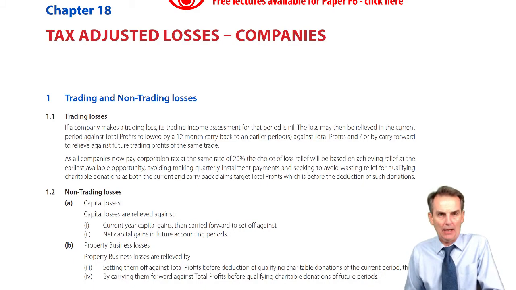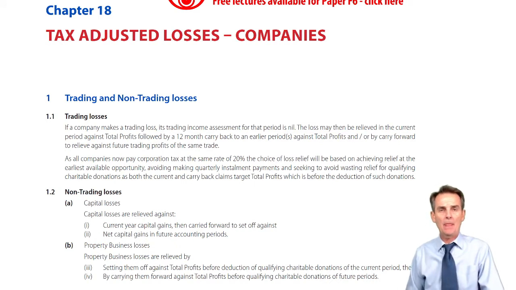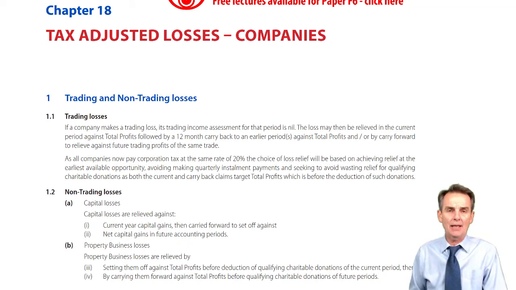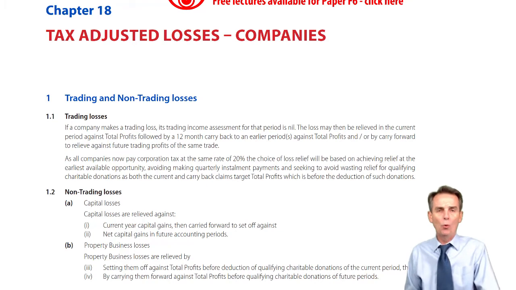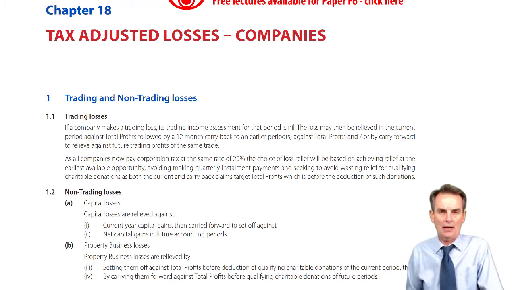When dealing with income tax losses back in Chapter 7, if an unincorporated trader should incur a trading loss, we saw the ways in which the loss could be relieved. Very simply, and just to quickly revise, that trading loss would firstly form a nil assessment in the tax year and could be offset against the total income of the current tax year and or the preceding tax year. If we didn't want to do that, or if there was more loss than there was total income to relieve against, then we could carry forward that trading loss to set off against the future trading profits of the same trade.